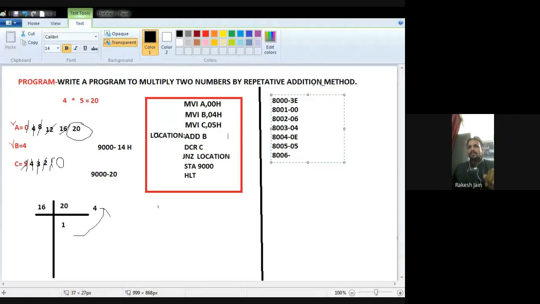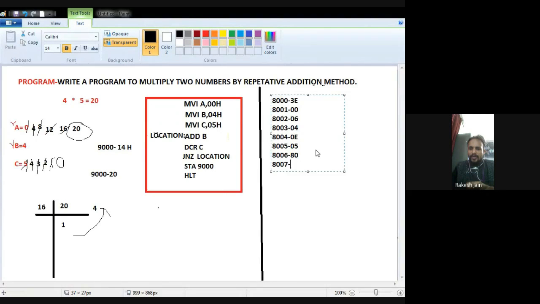So it will be 80. So I have to write down 80. So the 8B opcode is written at the 8006 memory location. It means 8006 is my location that was previously denoted in the program in front of you by LOCATION. Okay, so that is 8006.